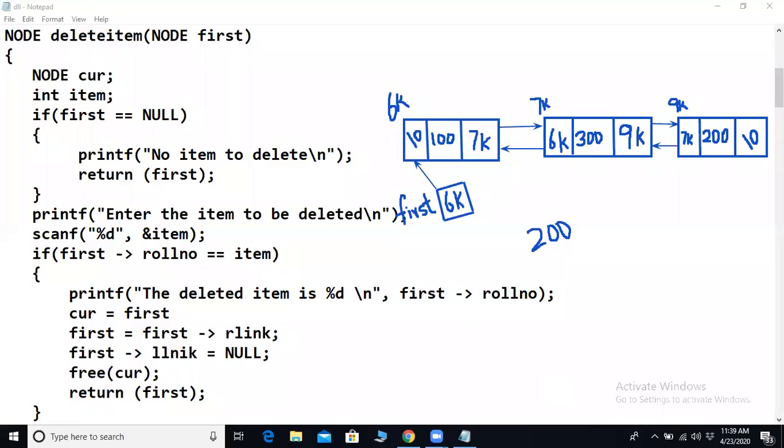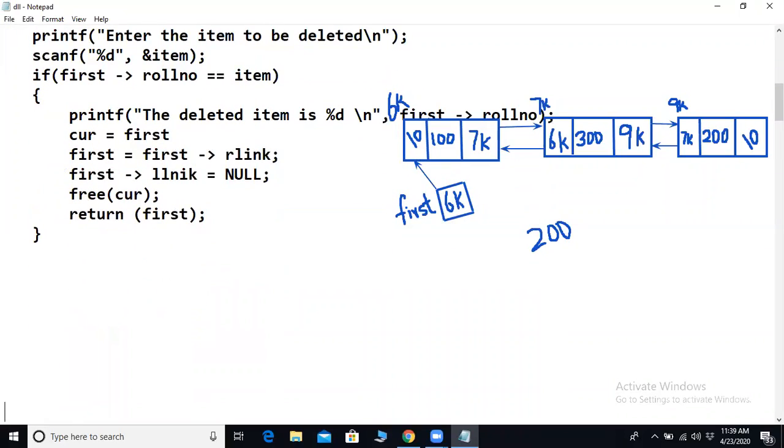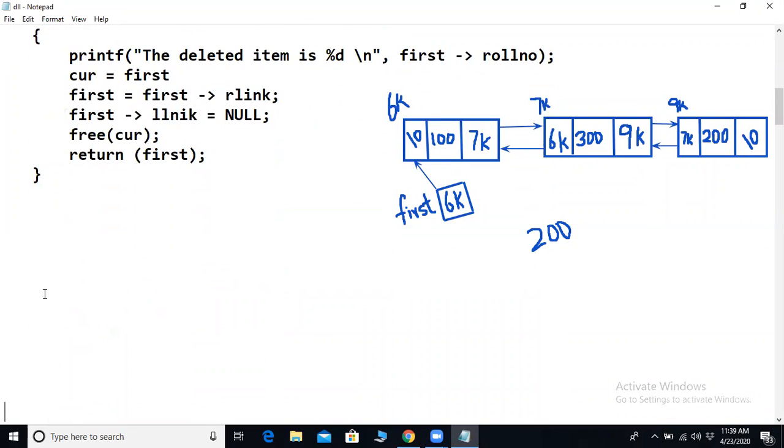Now we will start writing the code to do the operation of deleting a node which has an item of 200. In our scenario, the 200 is the last node that is to be deleted, correct? First let's see how we can do it theoretically.